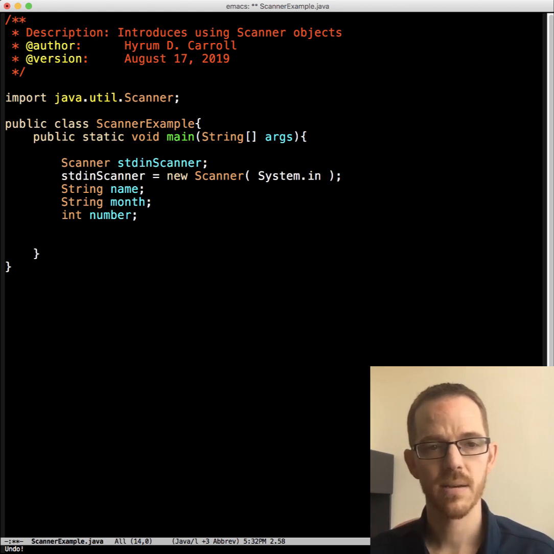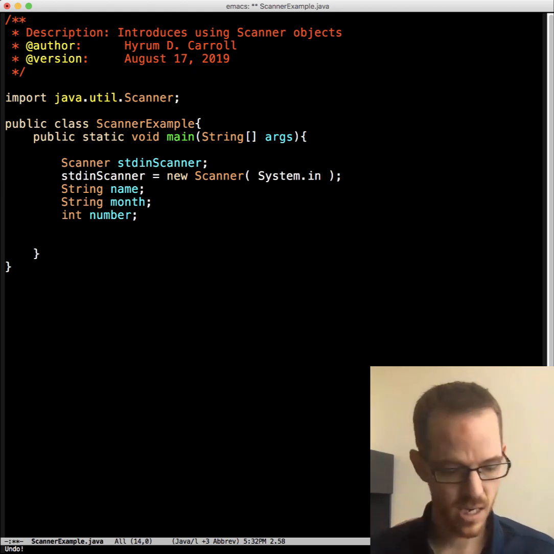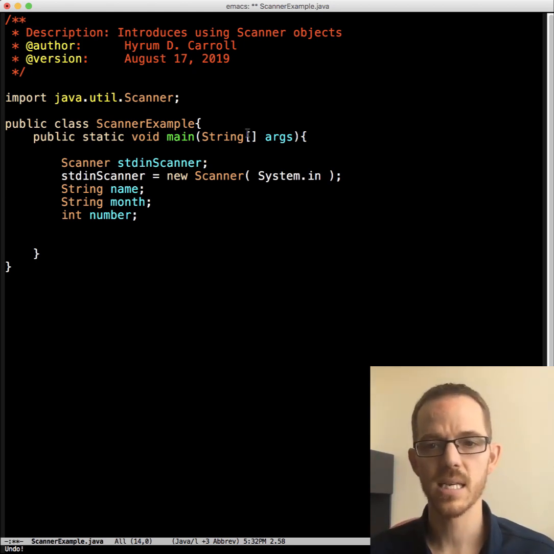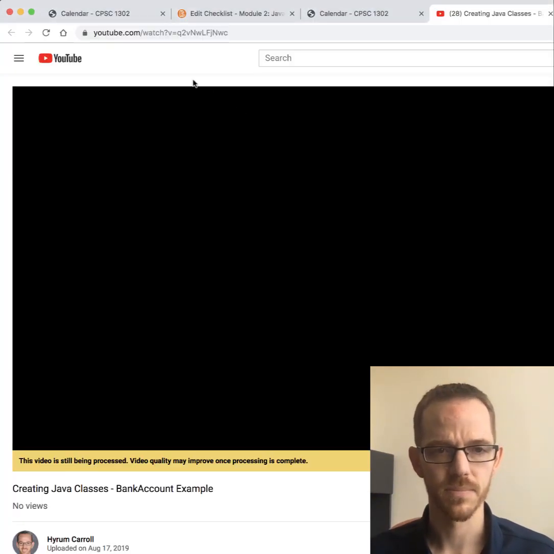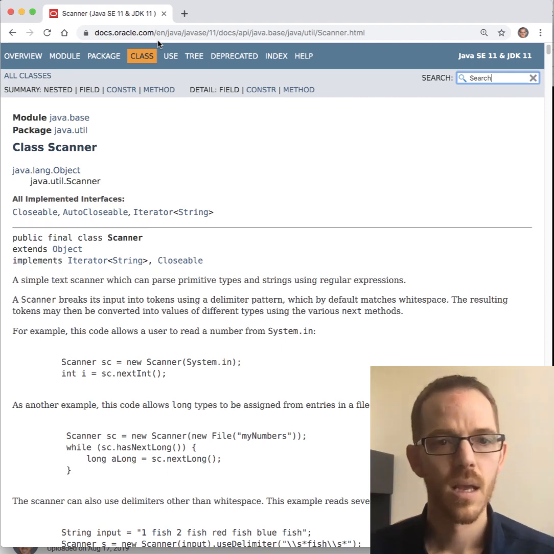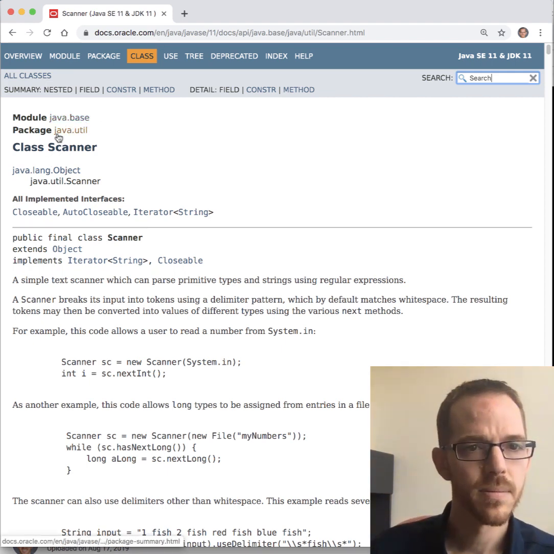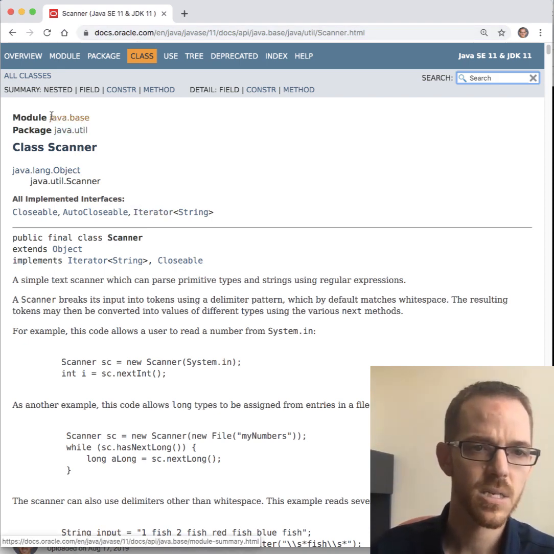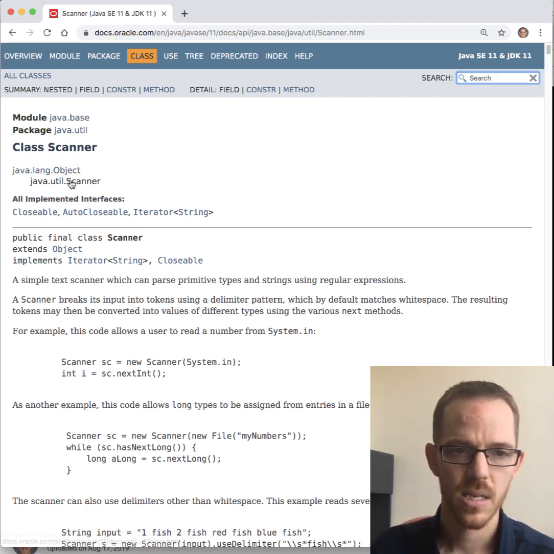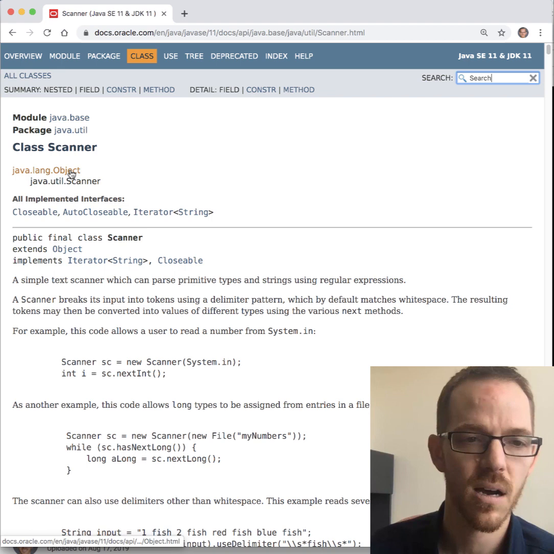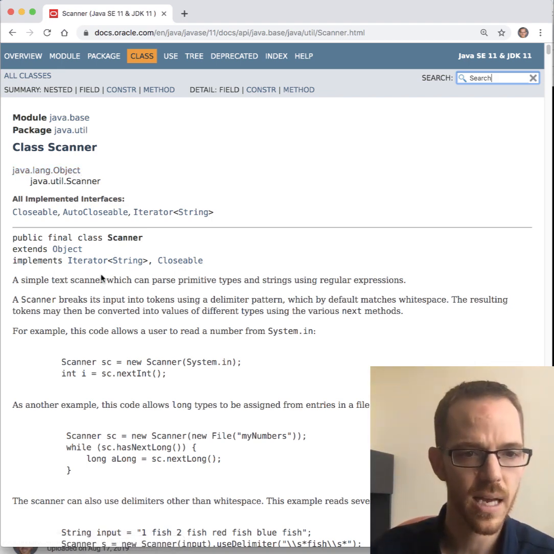We need some variables to work with. Now that we've declared one, let's look at the Scanner documentation. I've already pulled it up. It's on oracle.com, in the java.base module and the java.util package, and then we have the Scanner class. Here we have java.lang.Object, and right under that the Scanner class.